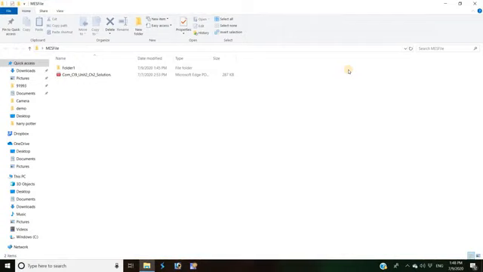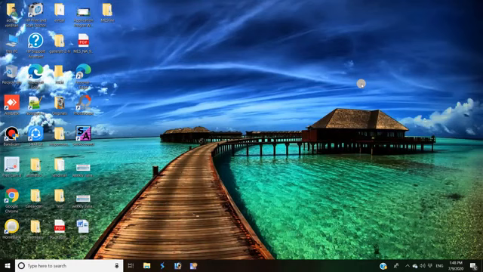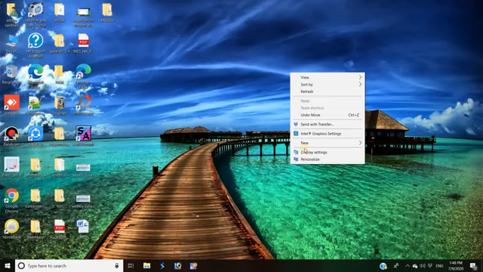So moving and copying of the file from one location to other location is quite easy. After that we also have to know some other things of the Windows operating system sometime. Here you will see how to change the background of the desktop. It is quite easy to change the background of the desktop.